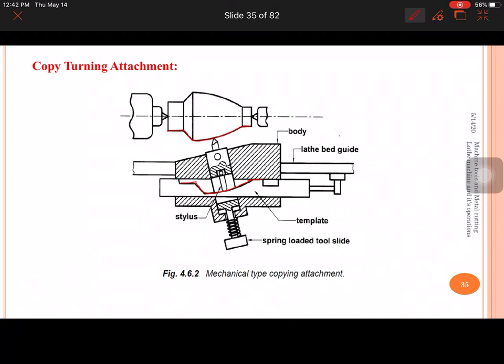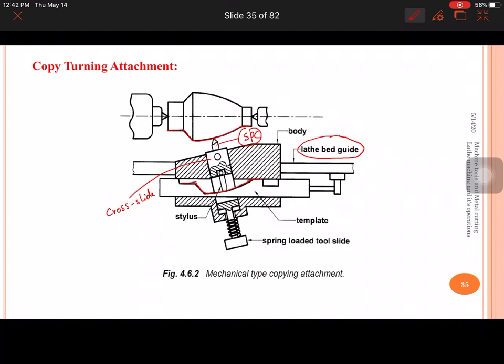And this template is connected to the lathe bed guide, that is what is shown here. And this copy turning attachment is placed on the saddle. Okay. And this particular thing is acting like a cross slide, which is holding the single point cutting tool.